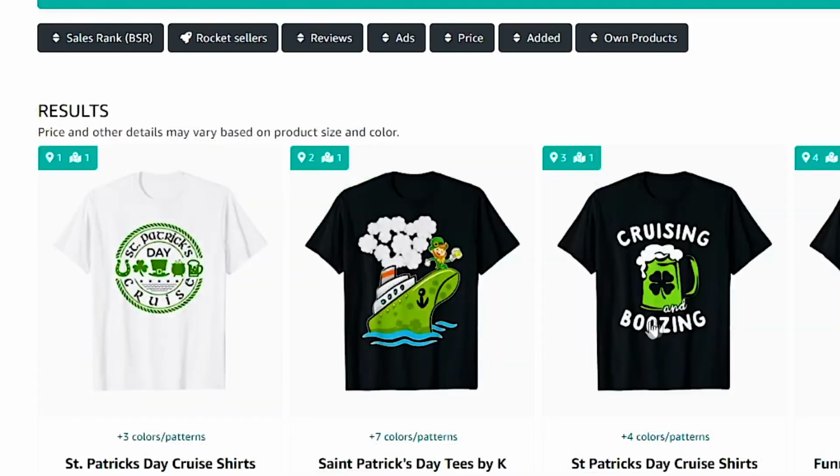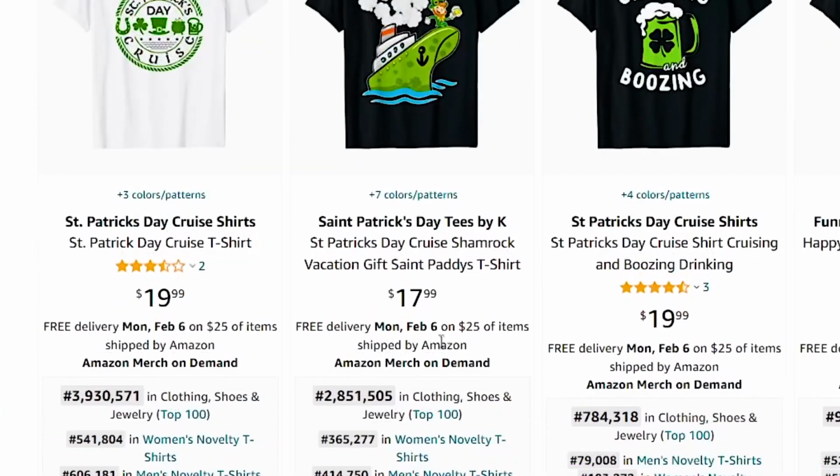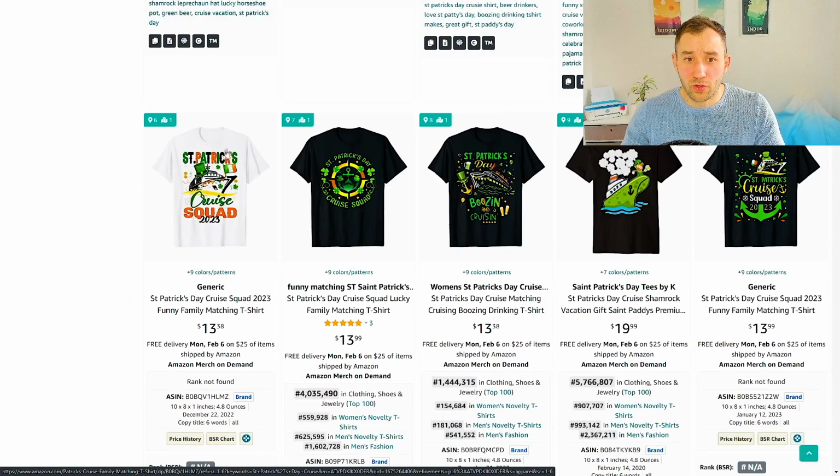We've got cruising and boozing. So once again, mixing alcohol with the topic. That's 3 different topics in one right there. You can just do a general design of a ship that is green, maybe with a leprechaun like this person has done. If we scroll down further, we've got some Irish flags in this. You could cross it with